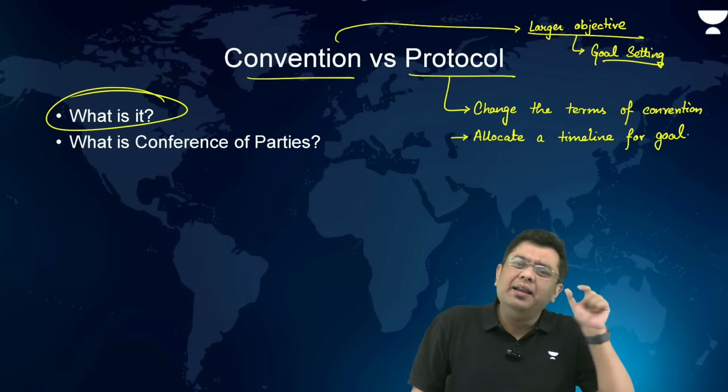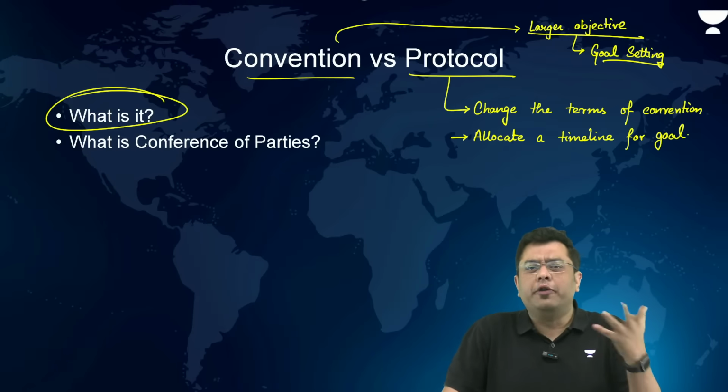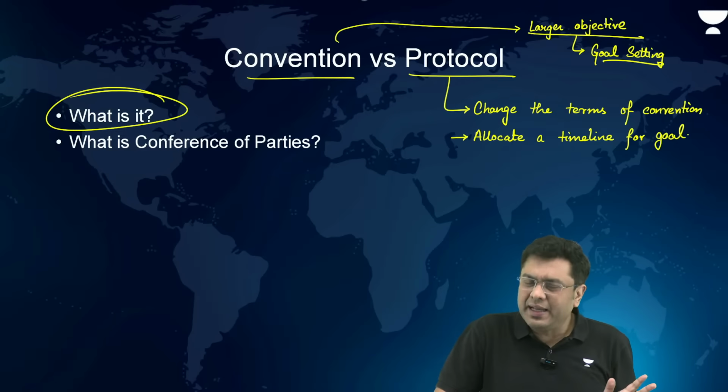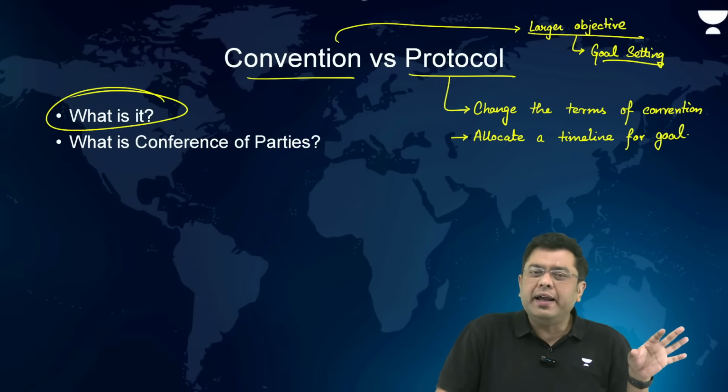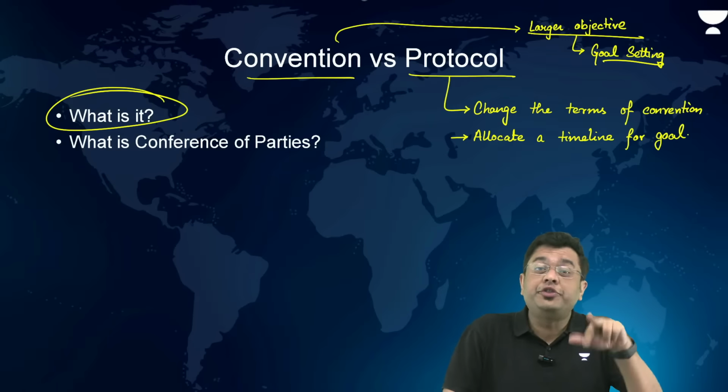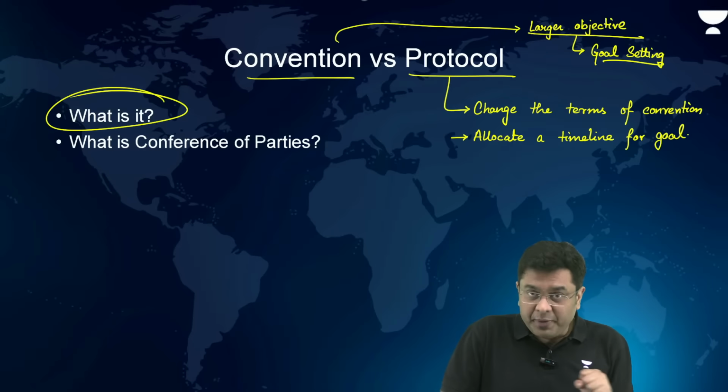Now again, another term that you hear quite often is the conference of party. And this confuses the candidates in studying the current affairs. That COP 29 was in news, but there is some other COP 15 which is also in news. So which COP is what? Are all the COPs the same?